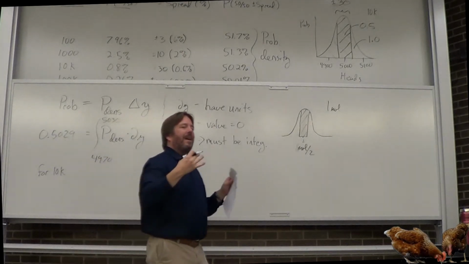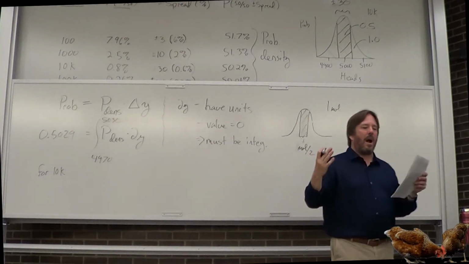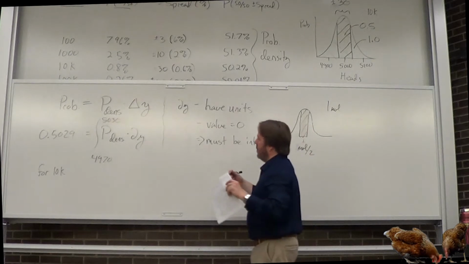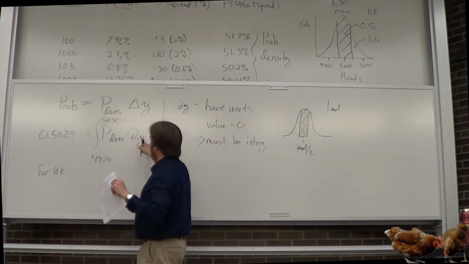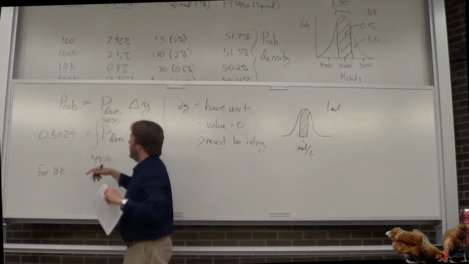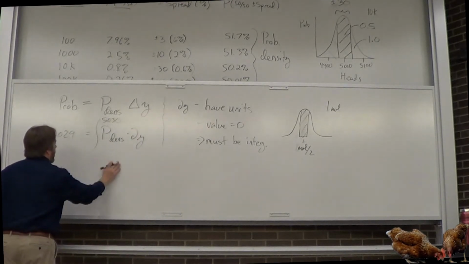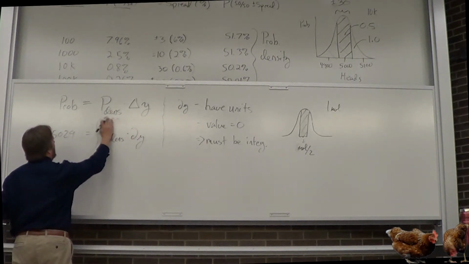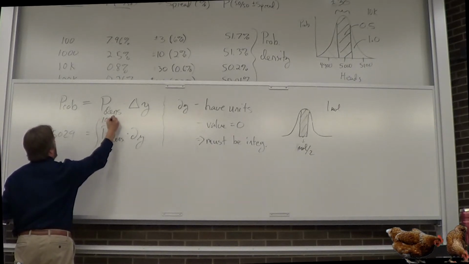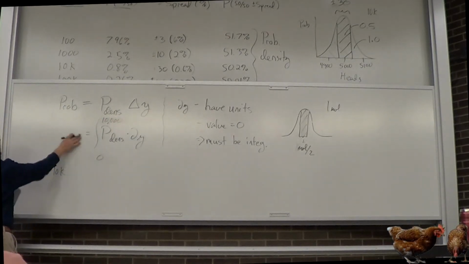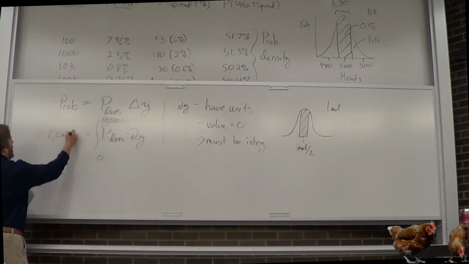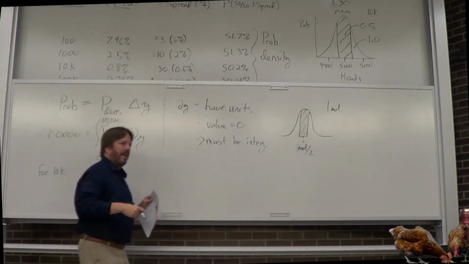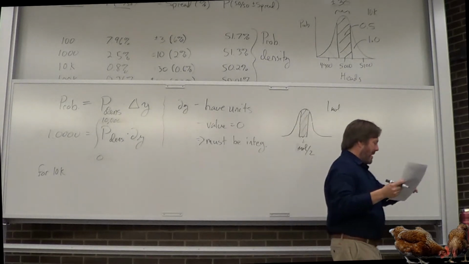Okay, so now the point is that now you're seeing how you do this, how this game works. With the probability density, you integrate over some range and you get a result. Okay, now what if I did this? What's this answer? You should be able to do this. 1.0. There you go. So that's how this game works.